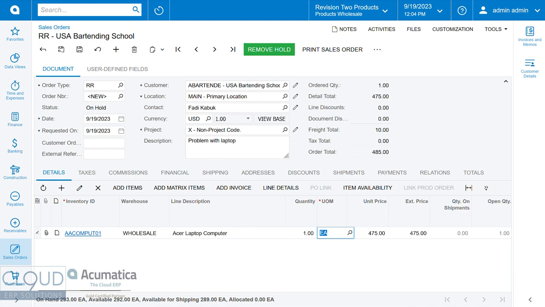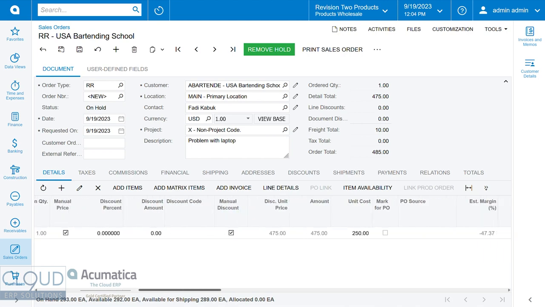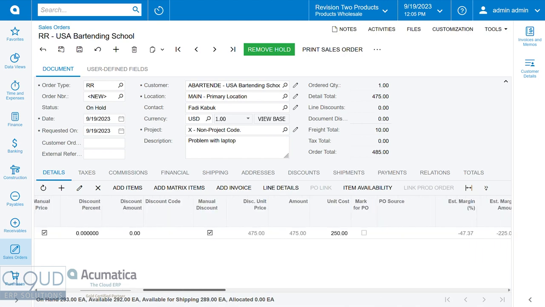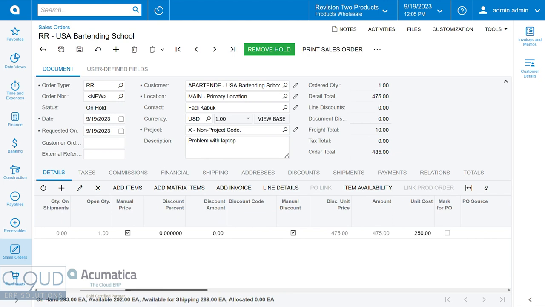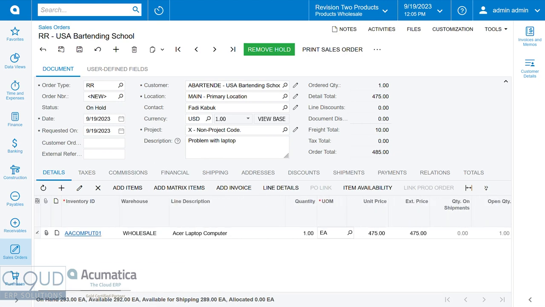The price that the company sold the laptop for will show here. So you get the exact price. And if you scroll over to the right and you have the rights, you'll also see the original cost. This way you can return it back to inventory at the correct cost. That's what you want to do. You don't want to throw off your weighted inventory value. So I can now save this. I can go back to the case